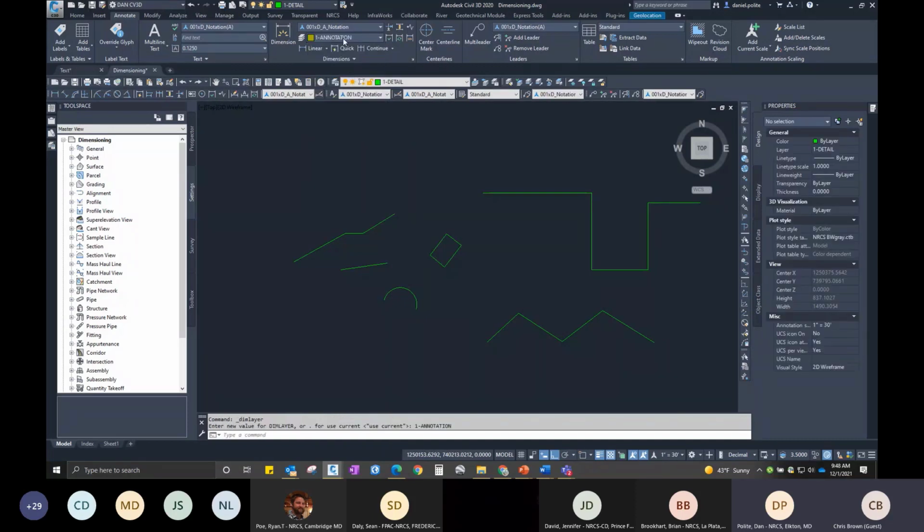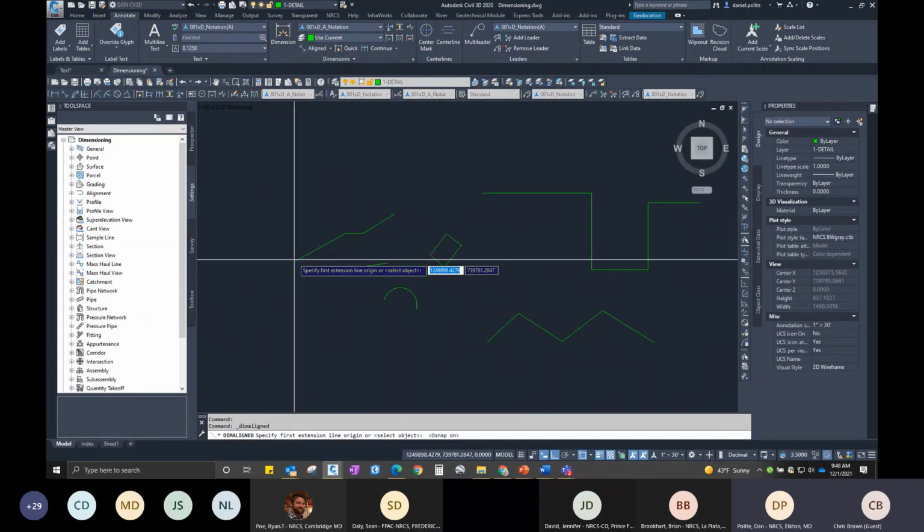I always do my dimensioning on one annotation. So if you change this one time in your drawing up here to dimensioning, you'll never have to change your dimensioning ever anymore. It'll always stay on that dimensioning in that drawing. Otherwise, if you have it set to use current, and if you're in one detail and you start doing a dimensioning, for example, on this,